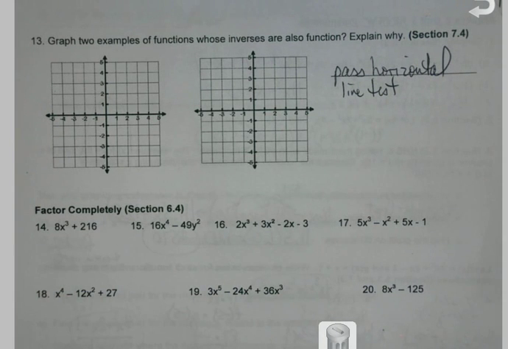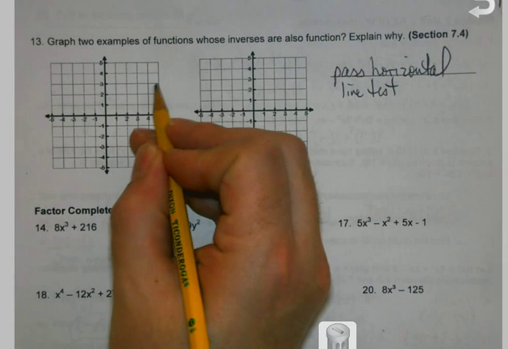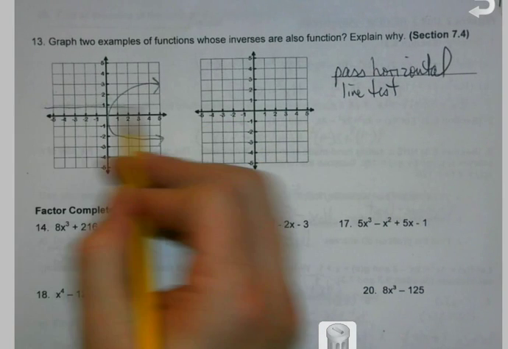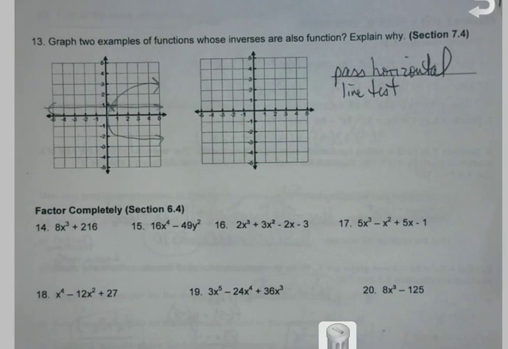That'll work for what we're going to do next here. But yeah, if you had a parabola that was turned to the side, that would pass my horizontal line test. That would work okay. I heard another option out there as we were doing it saying, well, can't you just